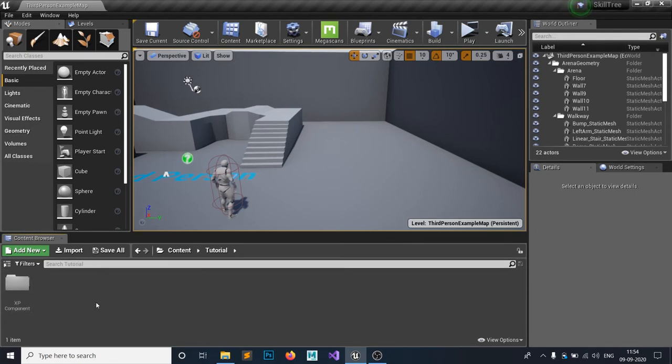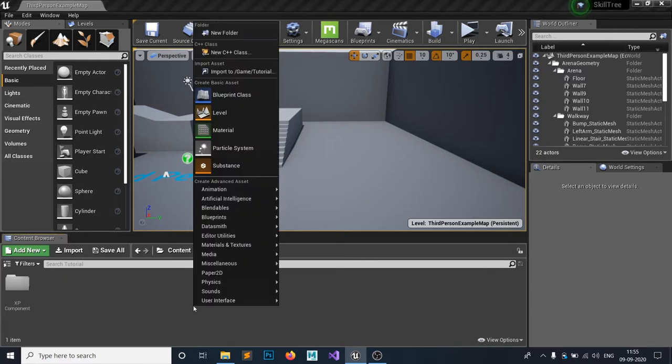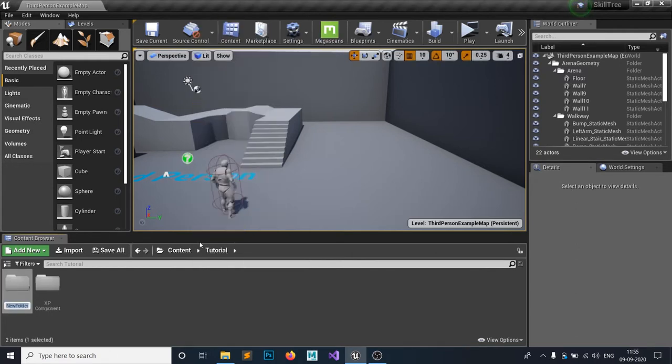We have made this in our previous lecture, so if you don't know how to make this XP component you can check out my previous videos, or you can just click on this I button to get the overview. So let's get started. First create a new folder called skill tree,